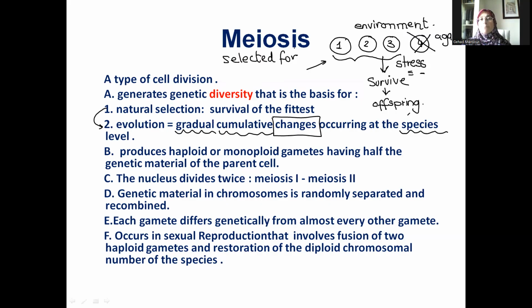So meiosis is a type of cell division that allows diversity. But how does meiosis do this? There are several processes that occur in meiosis that help the produced gametes to be diverse. One of them is mentioned here, which is that the genetic material of the chromosomes is randomly separated and recombined, meaning that the chromosomes in meiosis 1 are present in pairs, and these pairs